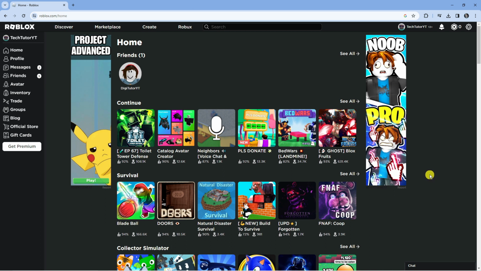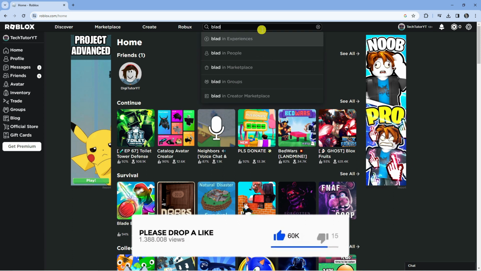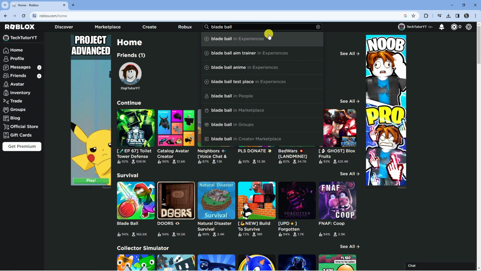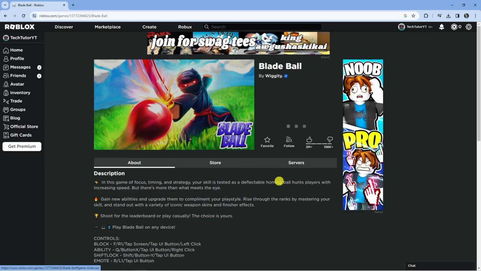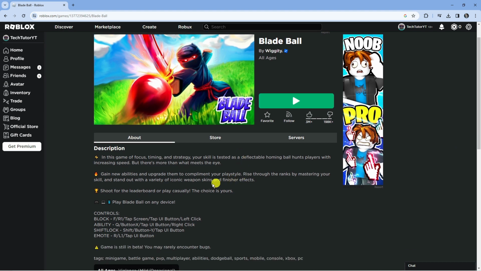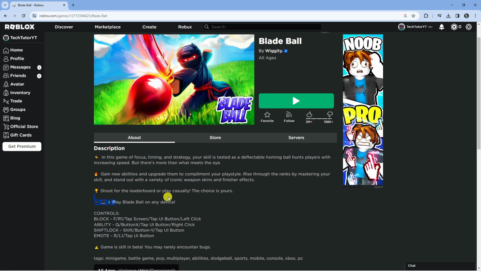Now, the reason this occurs is generally because the game is not compatible on Xbox. So for example, if I come up to the top, and what I'm going to do is search for an experience called Blade Ball. And when I go ahead and press onto the Blade Ball experience, on some of the games, it's going to tell you what devices this is compatible on. So you can see down here, it says play Blade Ball on any device. You can see we got a phone, a picture of a laptop and a controller,